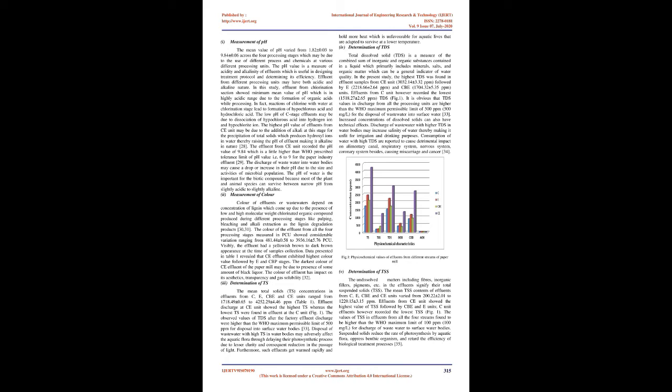Furthermore, the samples were acidified with nitric acid and containers with samples were preserved in a refrigerator at 4°C till further analysis. Any change in the characteristics of the effluent mainly depends on the raw material and the chemicals used in pulping and bleaching process. D. Physicochemical characterization of effluents. Effluent samples collected from all the 4 streams of processing units of the paper mill were analyzed for their physicochemical characteristics following prescribed standard protocols.